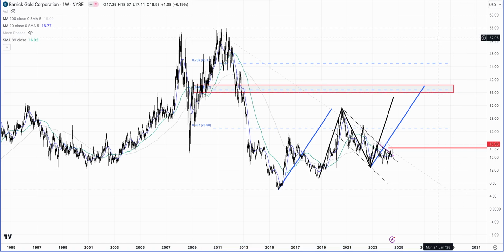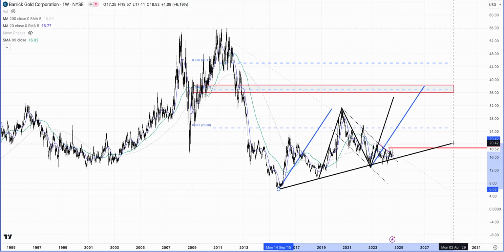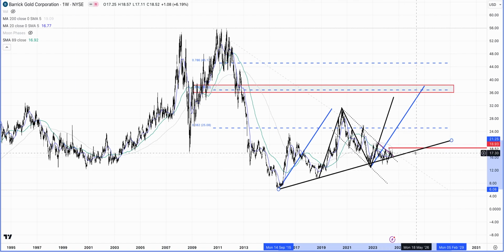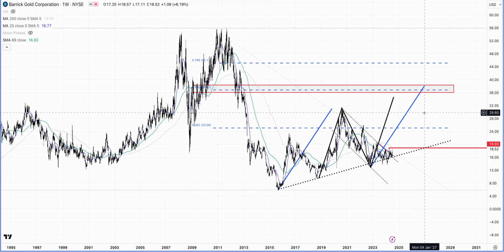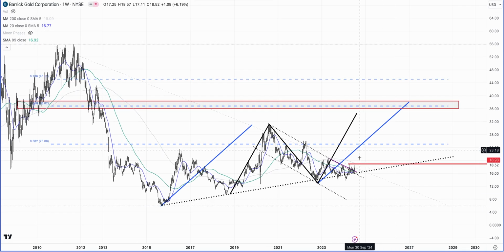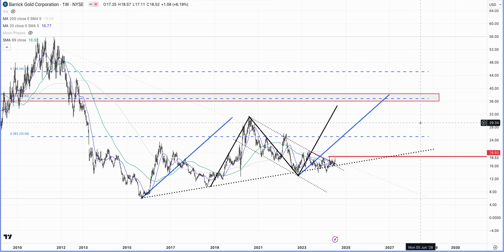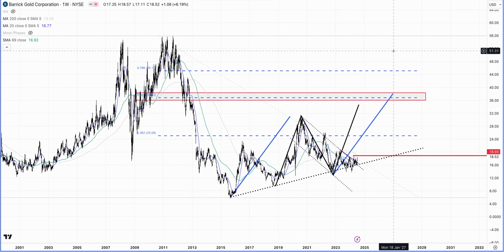But this is where our projections are going, and you can also see there is a very nice trend line here like this. You just join it. There are some overshoots for sure. Here we go. Let me make it a dotted line. There are some overshoots, but it looks like the market actually comes back to it, and then if we are able to get above this kind of resistance level and the levels that we saw on the daily chart, we, in my opinion, will be moving in these ABCDs higher. So Barrick, this is what we see on the weekly chart.